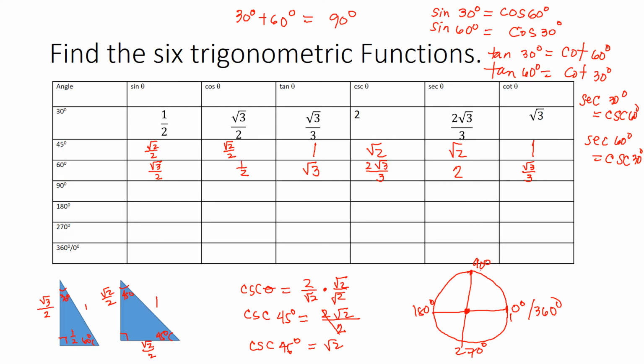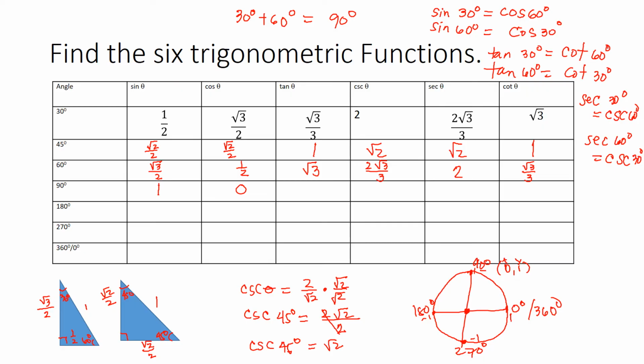Then here we have that as 1 as well. And then going here, we have -1 for that. And our y here is -1. So we will now name our coordinates, starting off with the 90 degrees there. We have that as 0, 1. So 0, 1, our y value is 1. So we have that sine 90 degrees is 1, while cosine 90 degrees is our x, which is 0. And then tangent theta is